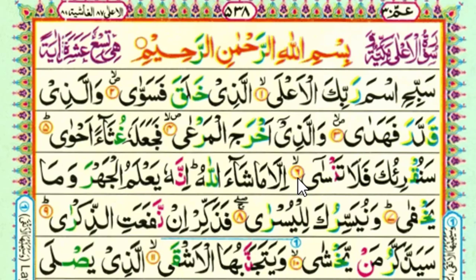a light ikhfa now because after the noon sakin, the next is sin, which is the light letter from ikhfa letters. And if you would like to continue on this place, then there we apply madde jaiz, which is 3 to 4 seconds we long, because after the madda letter, which is standing fatha on the sin, the next is hamza, which is in the beginning of the next word, which is illa. So then we make a madde munfasil here, so we long according to this little mad here. So we say fala tansa illa, but right now we are stopping, so we only say fala tansa, and now we say